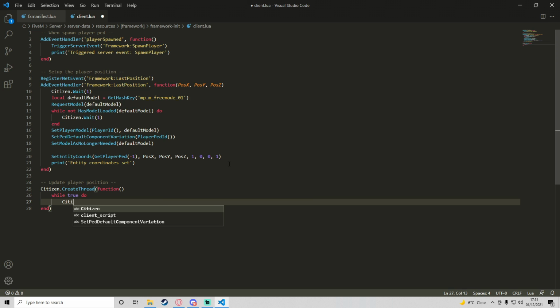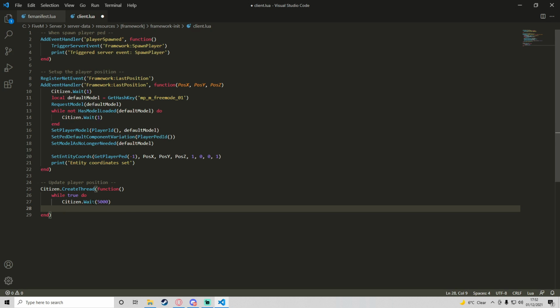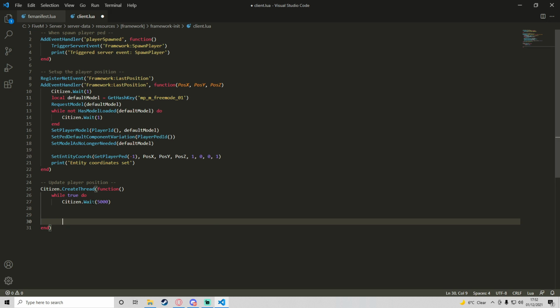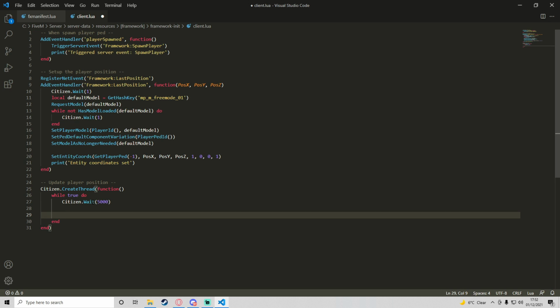and then we're going to do Citizen.Wait, and then we'll do 5,000. So this is in milliseconds, so 5,000 milliseconds is 5 seconds. So you know, every 5 seconds it will save the player's position. Let me just add an end, and then we're going to do last X, last Y, last Z equals table.unpack get entity coords get player ped -1. Outside of the first close bracket we're going to do comma true,